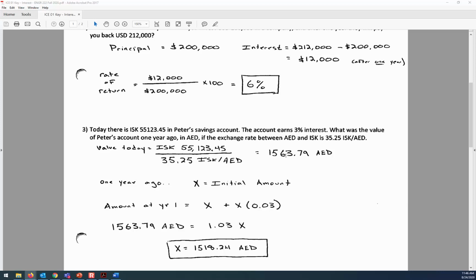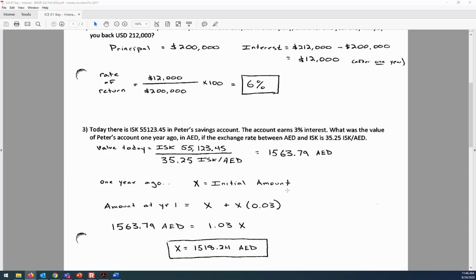So I've taught this course enough times that I know some of the common mistakes that students make. It's not numerically equivalent to say that last year was 97%. What you actually have to do is divide the amount by 1.03, which isn't the same as multiplying by 0.97. So it turns out that 1 year ago, the initial amount is